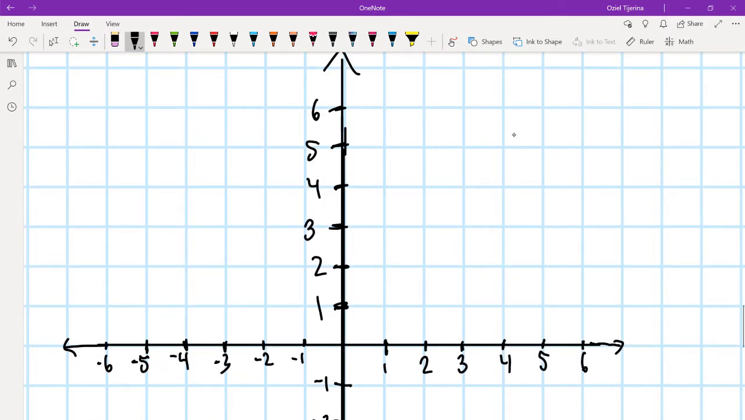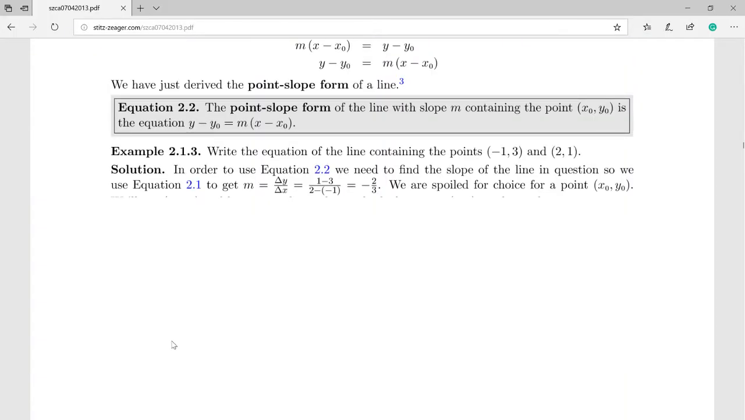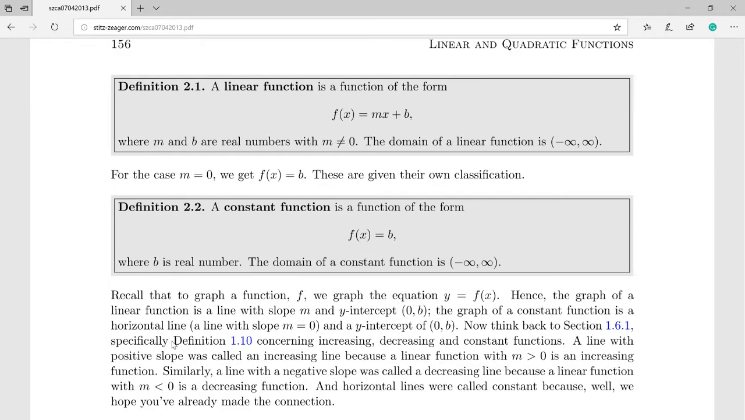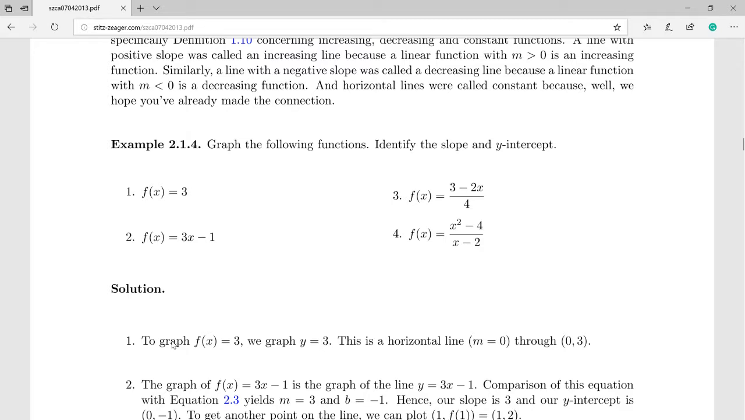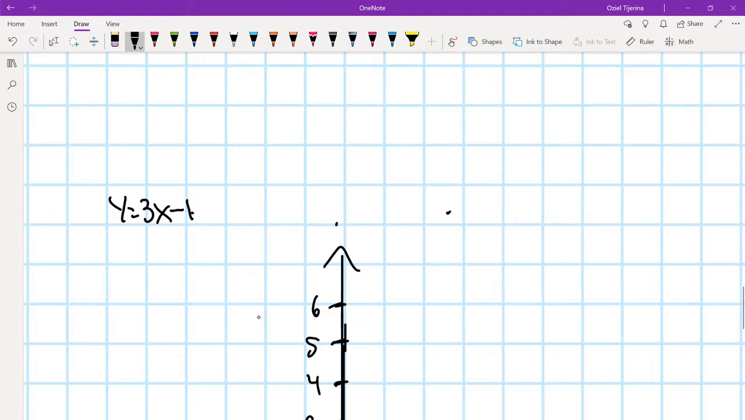Let me see if there's another example in here. Hold on, guys. Let's do y equals 3x minus 1 instead. So y equals 3x minus 1. So the way that you would do it is you would say